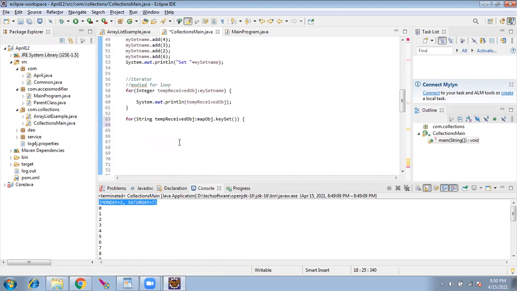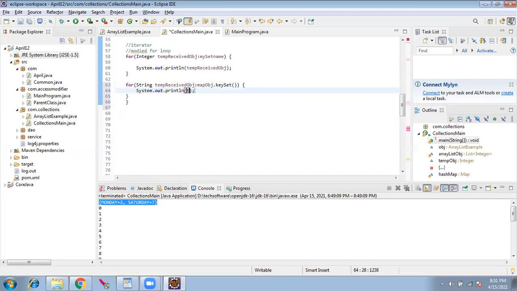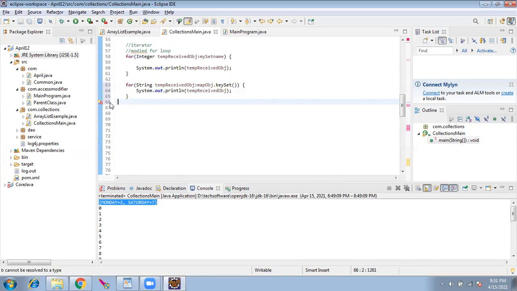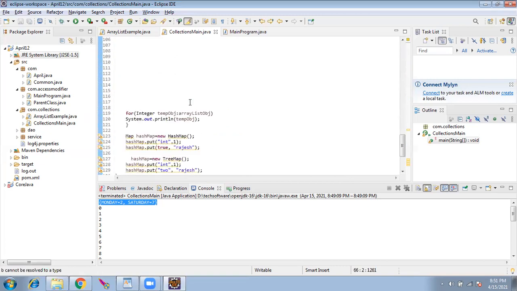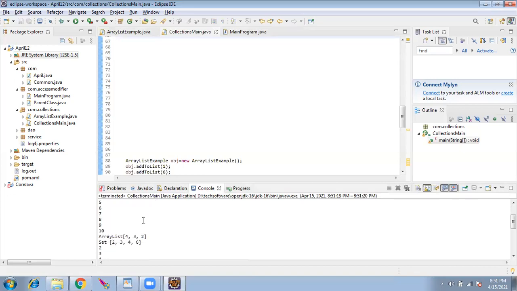Okay, now we'll see what is happening. See here, it has printed the keys alone. All the keys. This is called key and the second is called value.